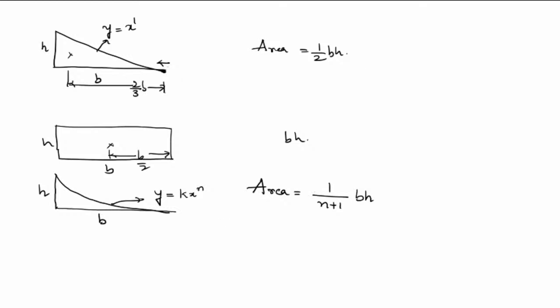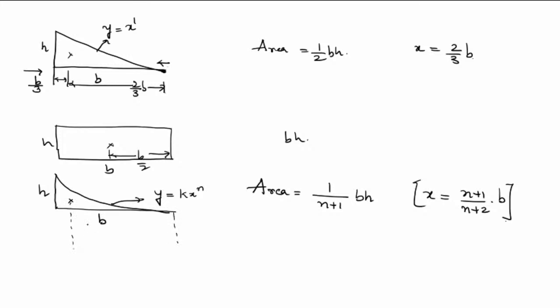Similarly, for the triangle I have written the centroid as 2/3 of base. Here I will write the centroid as n plus 1 by n plus 2 into base. And if I am approaching from the right angle edge, it will be b by 3, or 1/3 of base. So please remember this formula, then it would be much easier whether you are solving for uniformly distributed load or